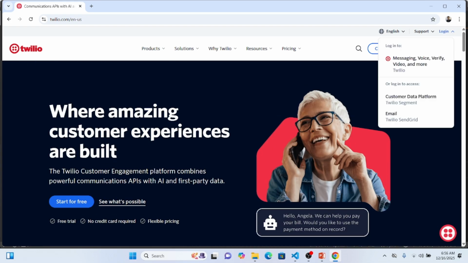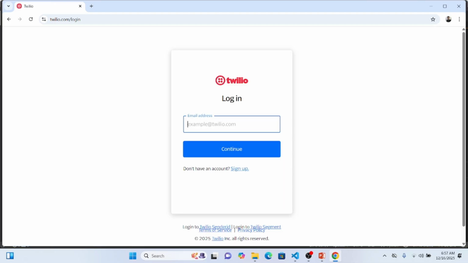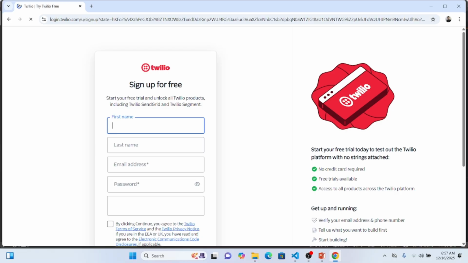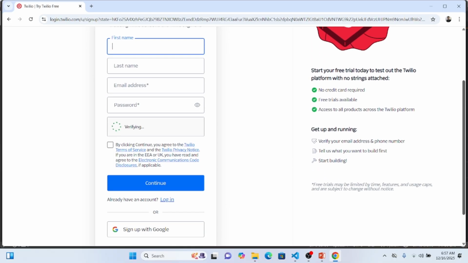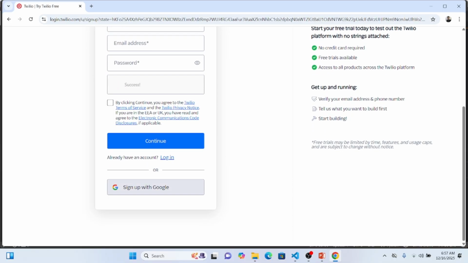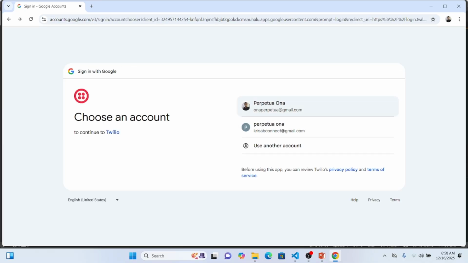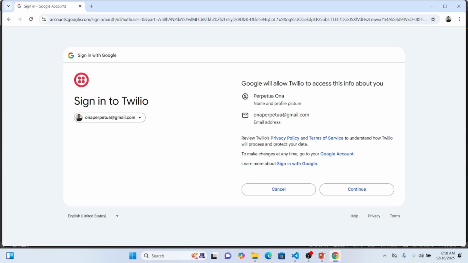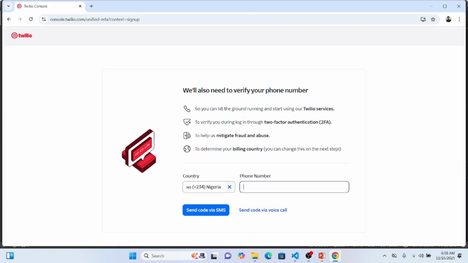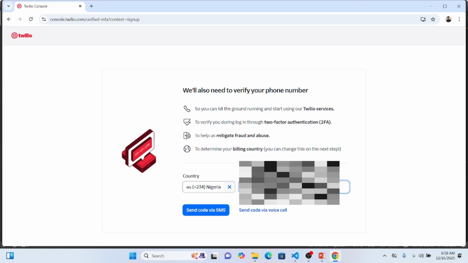All right, so I'm coming to this login. I'm going to click on this messaging, voice, and verify. So now that I'm here, I have not signed up with this email, so I'm going to just click on sign up. And as you can see, I have to enter my data, but I'm going to choose to use my Google to sign up. So I'm going to just click on that and use this account and click continue. So I'm going to try to enter my phone number